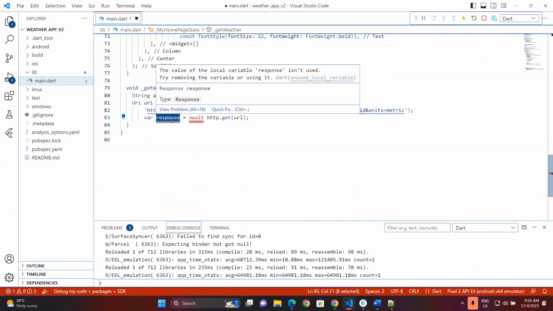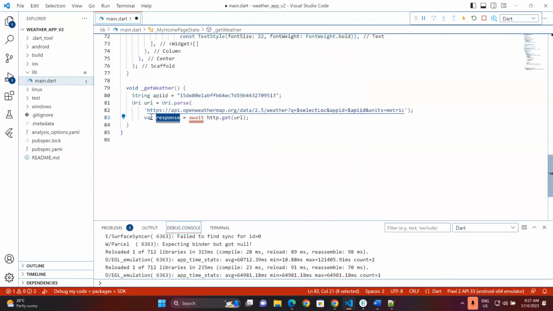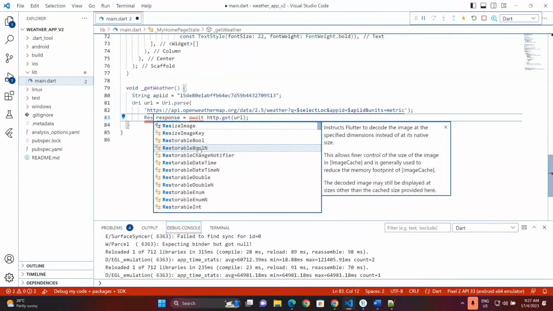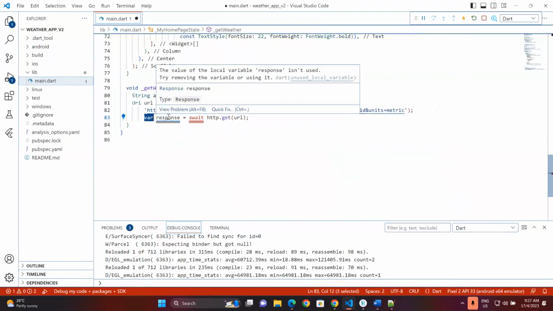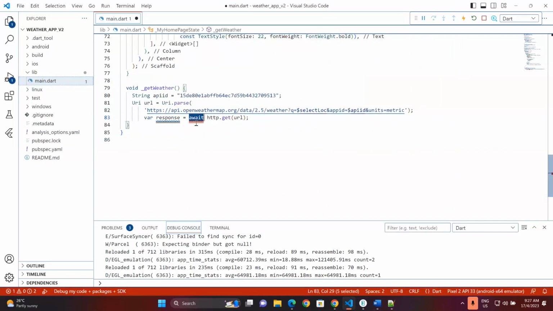However, this response here is a type response. So if you want to straight away use a response, it should be no problem. But definitely you need to make sure that the data type is correct. Okay. But there's a special